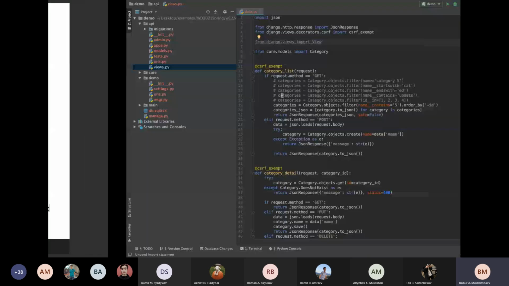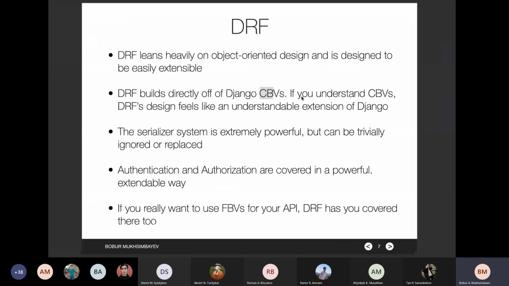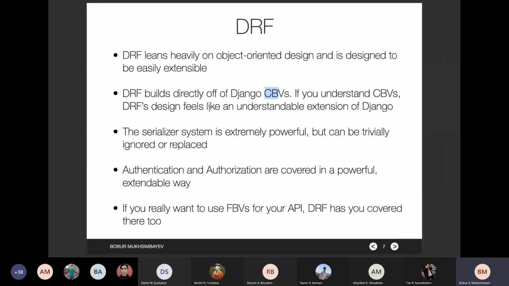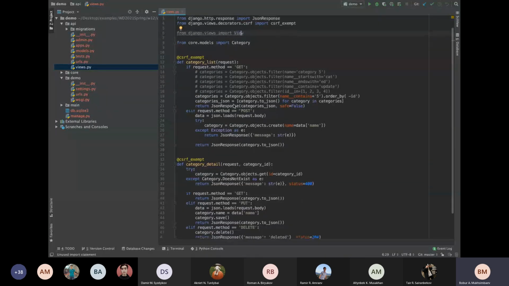Okay, and the serializing system. Serializing system means that using the Django REST framework, you can implement serializing and deserializing of data. In our case, serializing the data means this line. We are getting a list of items from the database, in our case, a list of categories. And line 20 will just serialize the category objects to the JSON